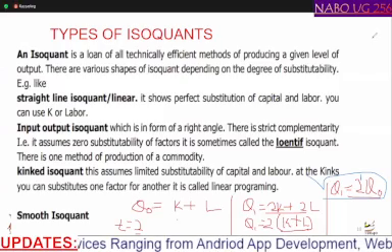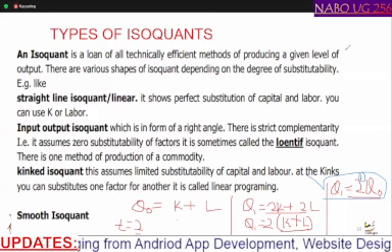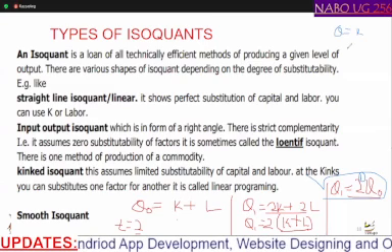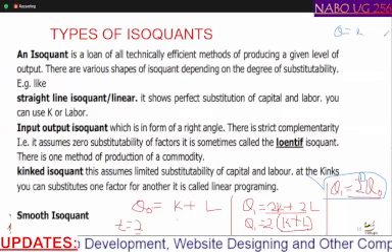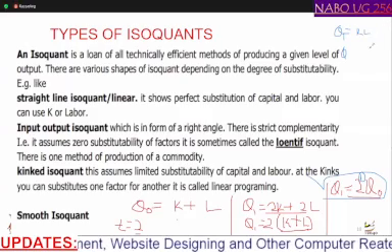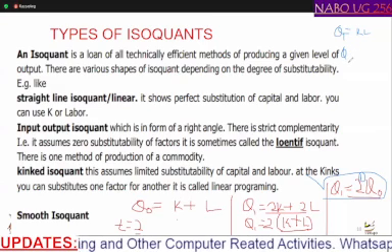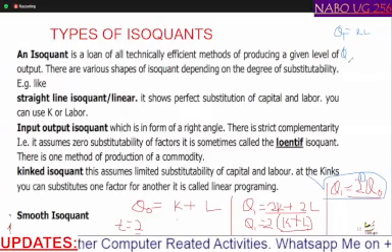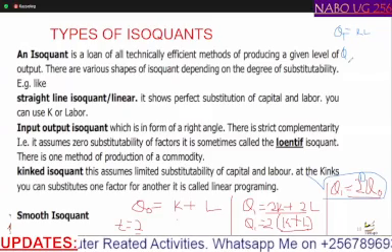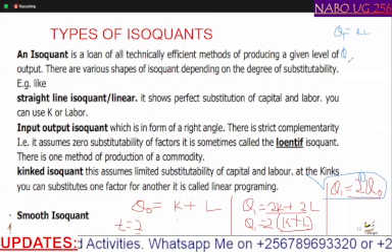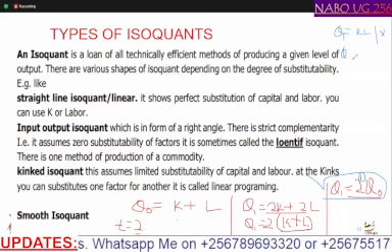Example, I choose a scalar, I double the factor inputs. If I double the factor inputs, I'm doubling, that means times 2. Capital is doubled and labor is doubled. My Q2 becomes